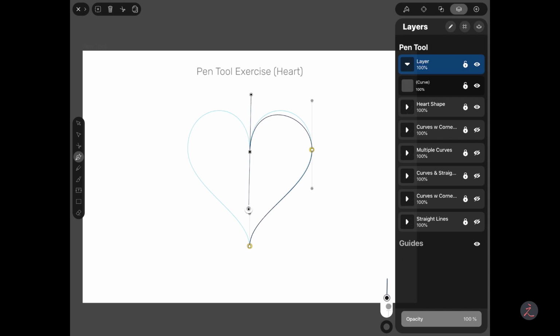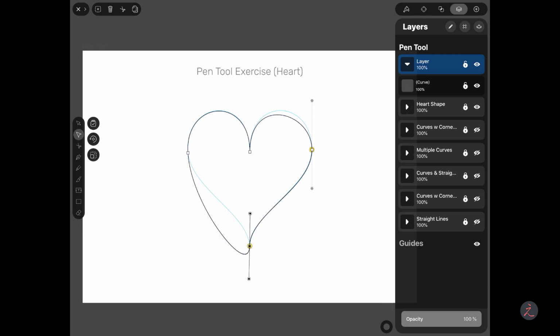And then here, before I release the pen tool, just going to tap 3 fingers on the canvas. I'm going to move this control handle right on top of the other one, and then just move right across to continue the path. And then just tap on the very first node to close the path, like so.